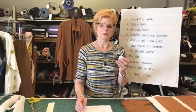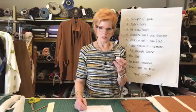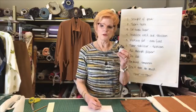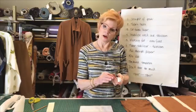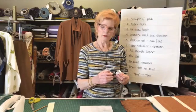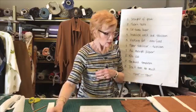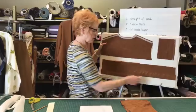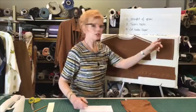You want to step up and ask for it for Christmas or buy it for yourself for your birthday. But it's, to me, an essential accessory because it's just that much better than the even feed feature. If your machine is old and you can't get one of these anymore, then you can buy generic walking feet, and that will attach to any machine. They're not quite as good, I have found out, but they're better than none at all. So I sewed my first seam on the vertical with a straight stitch, and then I serged the edges,